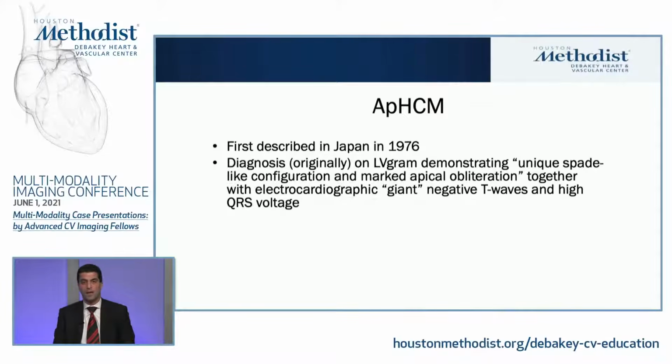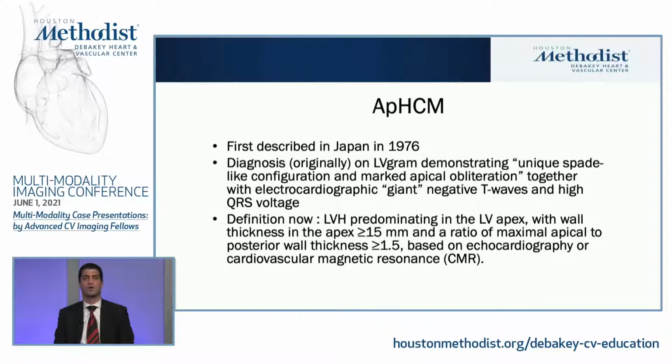Initially, it was described on an LV-gram, where they see that unique spade-like configuration and marked apical obliteration, with the ECG of the giant T waves and the high QRS voltage. But now what we do is we measure the wall thickness in the apex. It's 15 millimeters, or a ratio of maximal apical to posterior wall thickness of more than 1.5, based on the